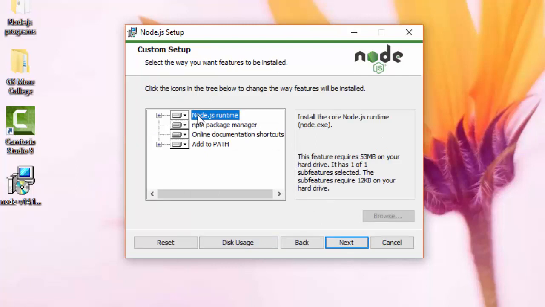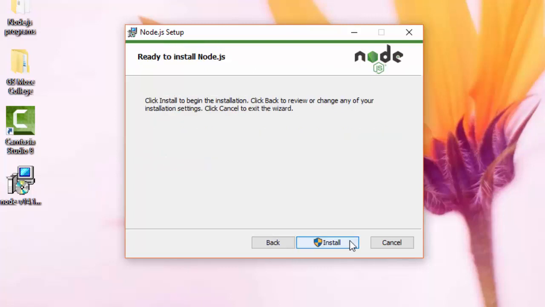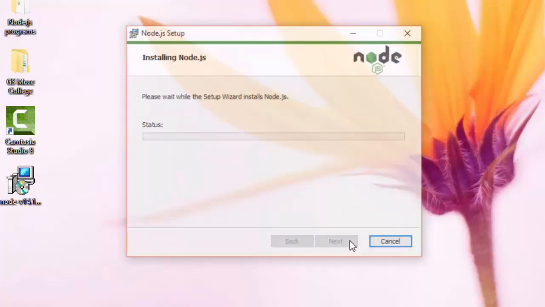Here there are some options given. Just see that here Node.js will get installed along with npm as well. When you install Node.js, automatically npm, that is Node Package Manager, will also get installed. So we'll just keep it as it is and click on next. Again click on next and click on install.